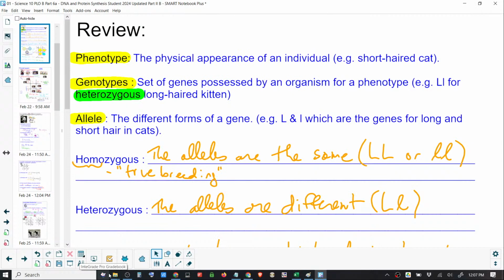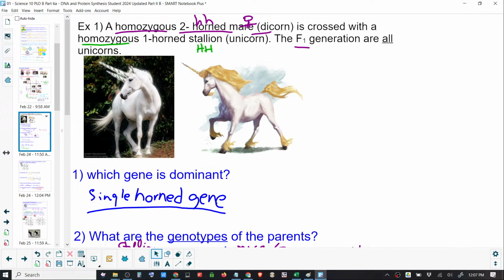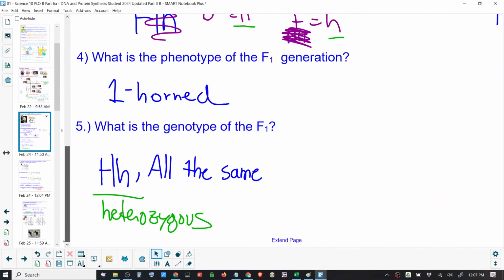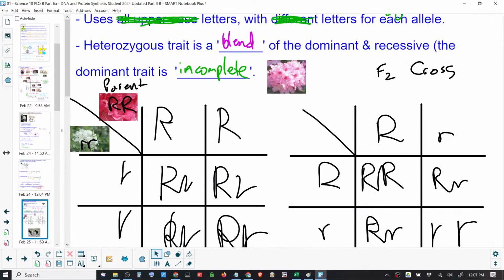We added some new terms, homozygous and heterozygous. Homo meaning the alleles are the same. Heterozygous meaning that they're different. We went through a regular Punnett square. We did a problem with a regular Punnett square with unicorns and dicorns. We did the ratios of those unicorns and dicorns, and they put numbers in them. And then we introduced a new trait